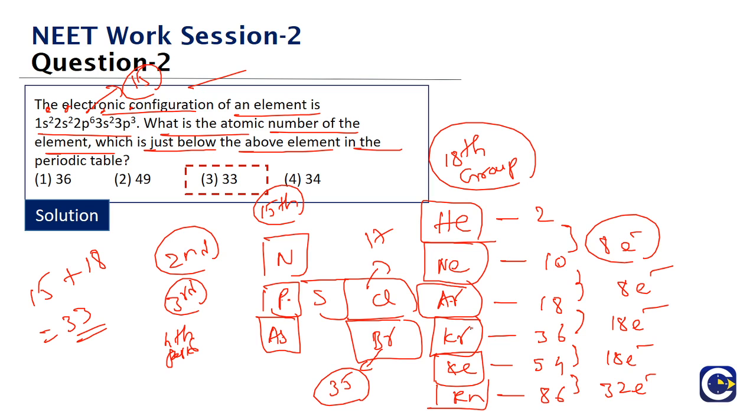So the first period is the smallest period, so to say, 2 elements just. Then second and third periods we'll generally call them the short periods. First period we'll call shortest, second and third short periods. Both will have 8 elements. The fourth and fifth we'll call long periods. Sixth period is the longest, seventh will be the incomplete, because some elements are either discovered and their existence is still under question, or some elements are yet to be discovered. That is why we call the seventh one the incomplete period. So this is about the kind of questions. If you have a question like this, how do we approach?